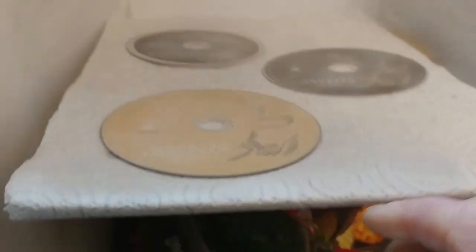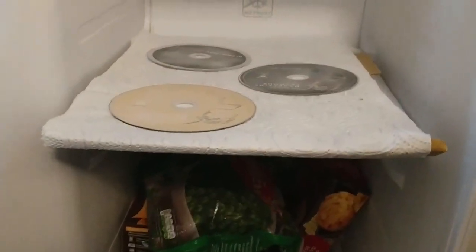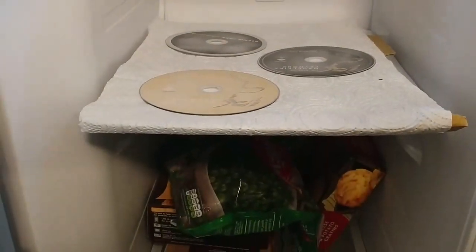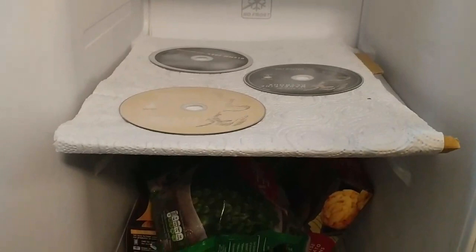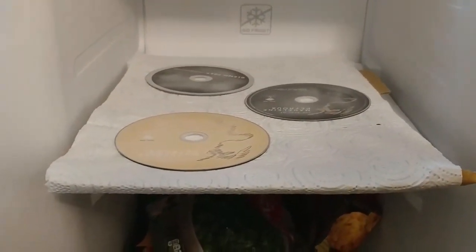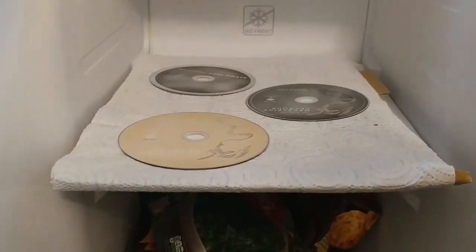Okay, what this does is freeze them down to minus 50, which is a hell of a lot colder than the minus 25, but obviously still nowhere near the temperatures you would use for deep cryogenic treatment. But I've heard some people talk about doing this, and most of them only go down to about minus 20 in a lot of freezers, and they don't really use the aid of a freeze spray. So that's what we're doing, and once we've frozen these down, we're going to leave them for a couple of hours again, and then we're going to be putting them into the fridge